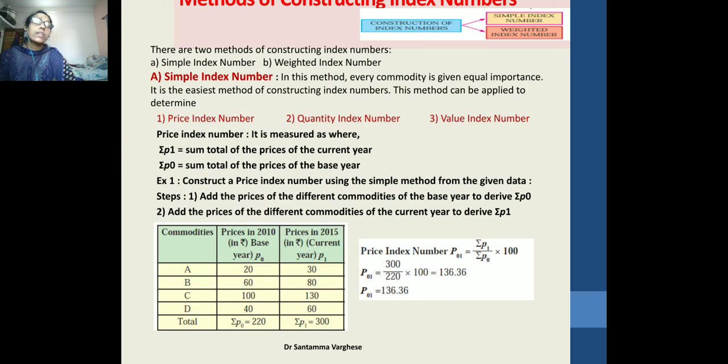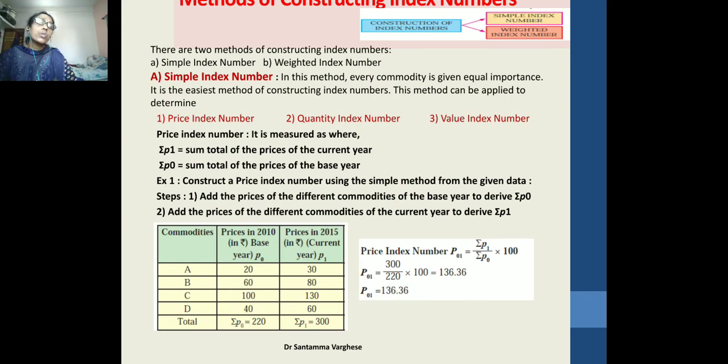The question is asked: construct a price index number using the symbol method from the given data. आपको प्राइस इंडेक्स कैलकुलेट करना है। क्वेश्चन स्टेप्स क्या है? Add the prices of different commodities of the base year, that is summation of P0. Add the prices of the commodities of the current year, summation of P1. आपको चार्ट में शेड्यूल में दिख सकते हैं कमोडिटीज A B C D। कितना कमोडिटीज है? 4। अभी फर्स्ट कॉलम में क्या दिया है? प्राइस इन 2010, उसको हम क्या माना गया है? बेस ईयर P0।